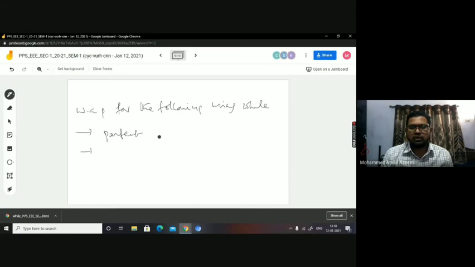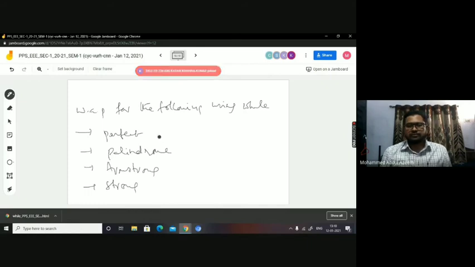Again, do it using while. Palindrome, Armstrong, strong. To check whether the number is strong or not, to check whether the number is Armstrong or not, to check whether the number is palindrome or not, to check whether the number is perfect or not. So these are the 4 programs that I'm giving you as assignments.